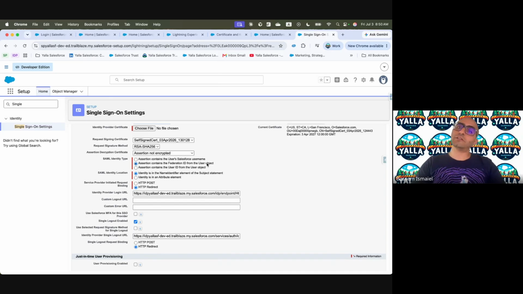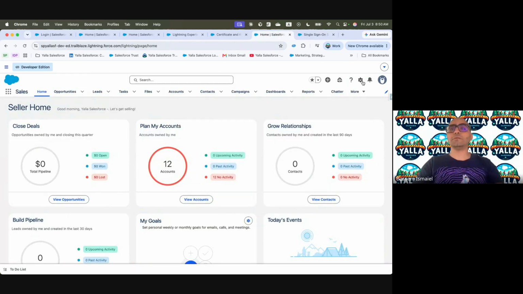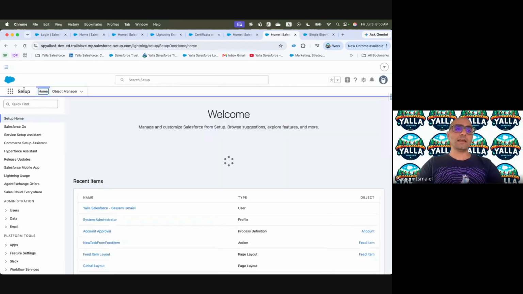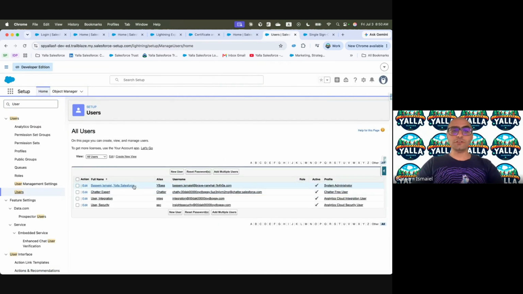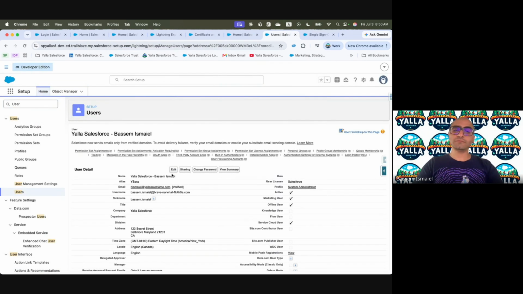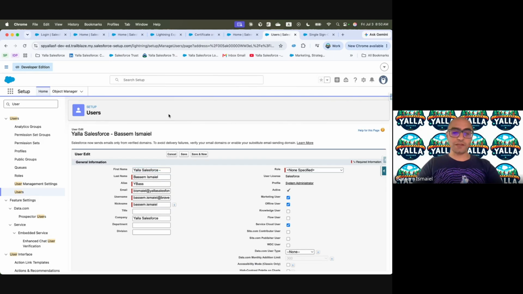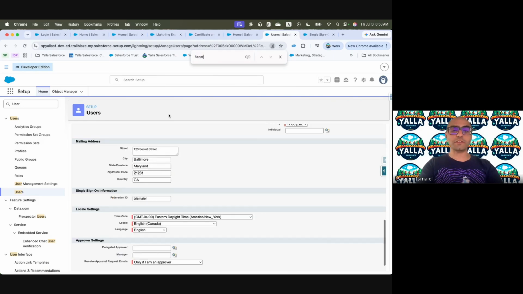The next question is, where can I store this Federation ID on the user? Now, when you go to the user setup and go to the user, within users, when I open my user, without enabling anything, but you might not be aware that it was already there, in the single sign-on section within the user, you will find something called Federation ID.